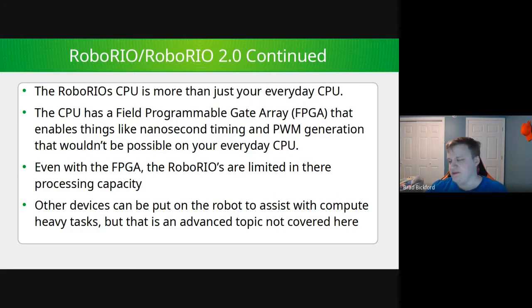But as I mentioned previously, of course, the FPGA doesn't solve all the problems. And while it does do a lot of work that the CPU in and of itself couldn't do on its own, it still doesn't take away from the fact that the CPU itself is dual core 667 megahertz or 866 megahertz. It's still